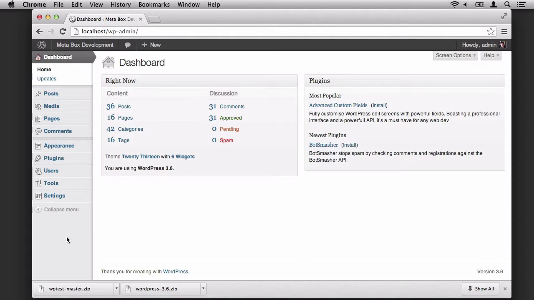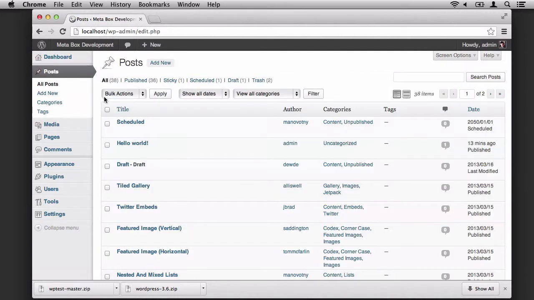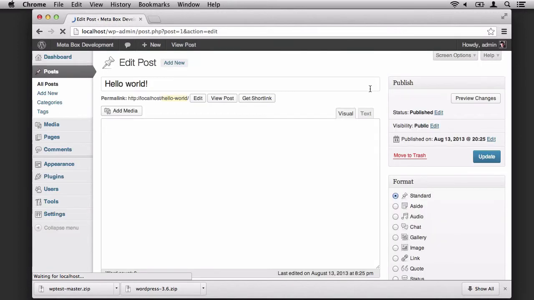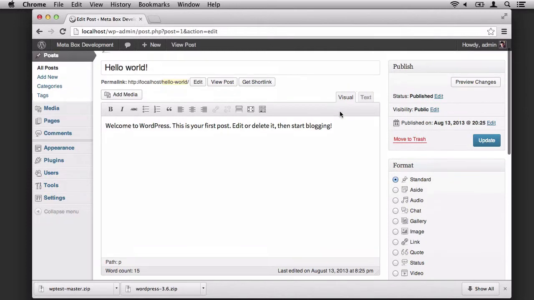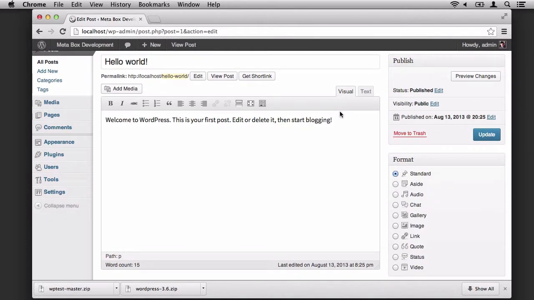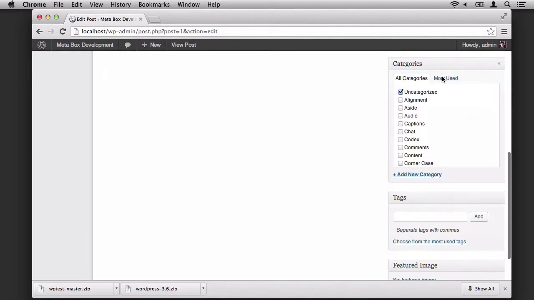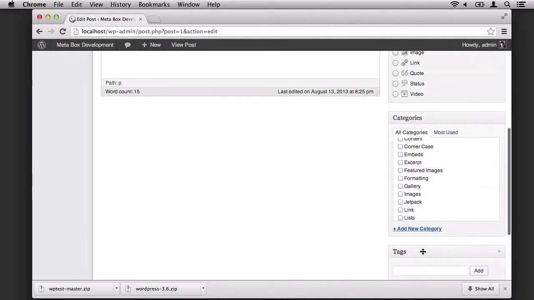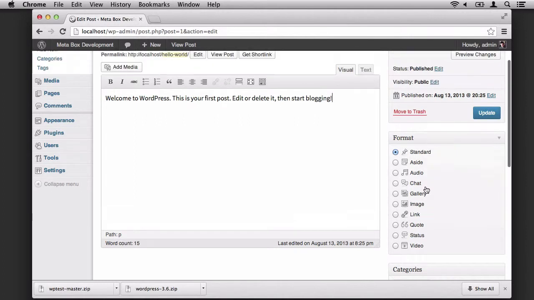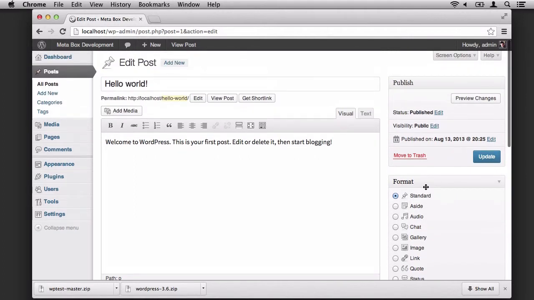But most of us spend time in the post and/or pages editor, so let's go to All Posts, and let's look at one of the most recent posts, being the Hello World post, and we'll click on edit. Now, you notice here's the post editor, and the post editor consists of the title, the permalink, the associated buttons, as well as the actual editor and the Add Media button. That's the post editor. Everything you see off to your right are considered metaboxes. This includes the featured image, the tags, the categories, the post formats, if your theme supports it, and the publish